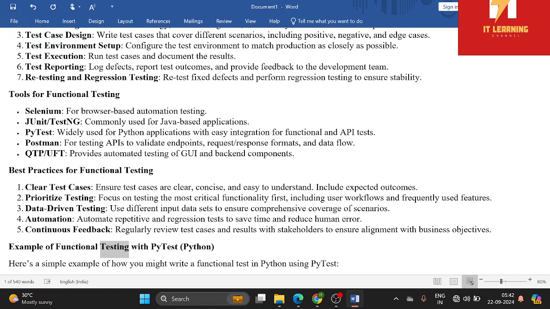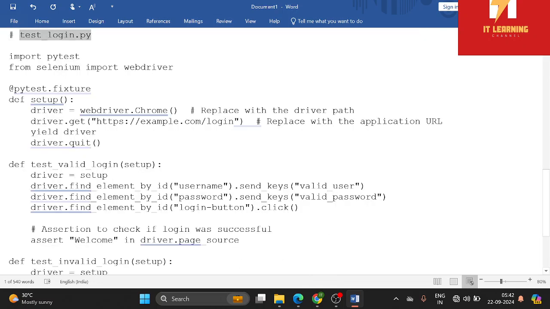Example of functional testing with PyTest, Python. Here's a simple example of how you might write a functional test in Python using PyTest. # test_login.py. import pytest. from selenium import webdriver. @pytest.fixture. def setup(): driver = webdriver.Chrome() # replace with the driver path